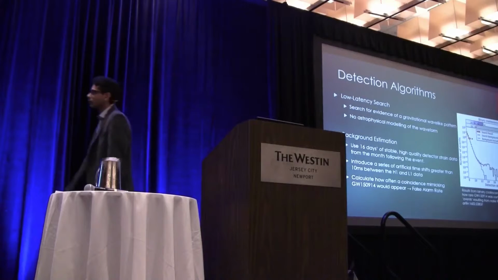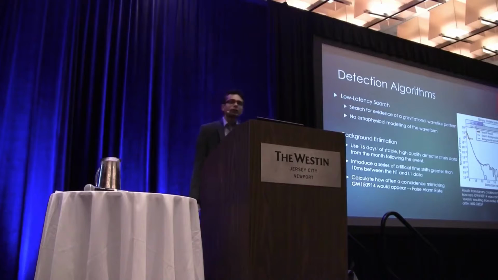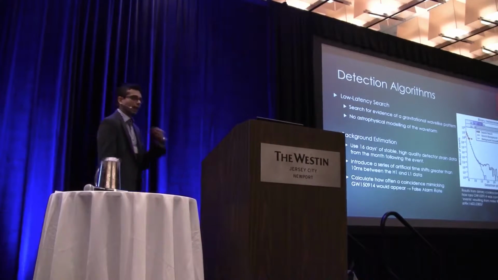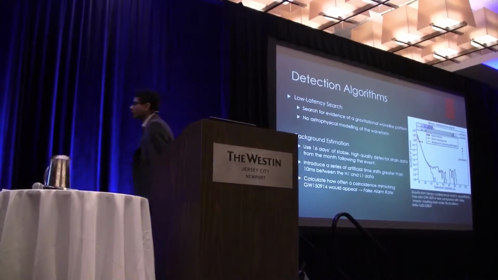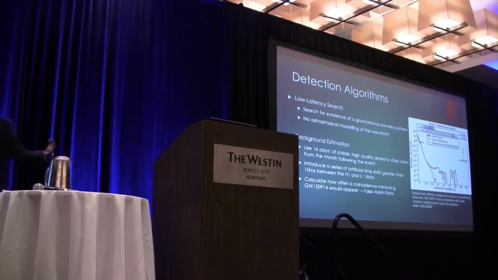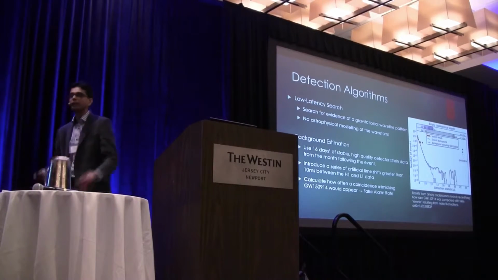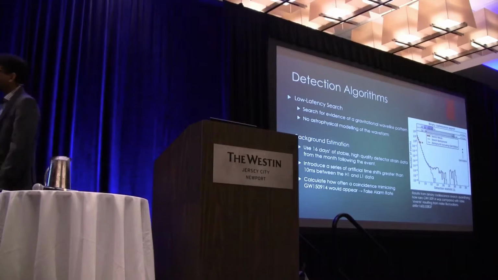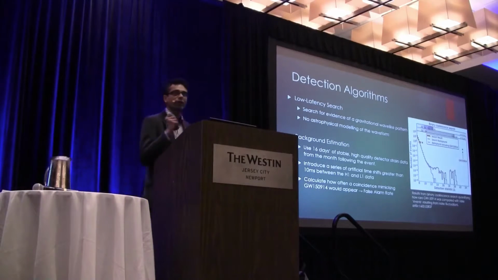Okay, so what are the detection algorithms that are used at LIGO? First of all, there's a field of gravitational wave astronomy. I sort of say that this is like high frequency trading equivalent, because timing is absolutely crucial in gravitational wave astronomy. We want to detect the signals as soon as possible. The reason is that if there are black holes merging together, there will not be an electromagnetic counterpart. But if there are neutron stars merging together, there would be an electromagnetic counterpart. If we can detect these things very quickly, in real time, we can provide triggers to electromagnetic telescopes for follow-up. And that needs to be done very, very quickly.